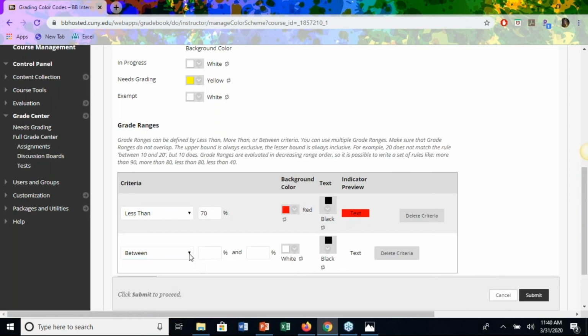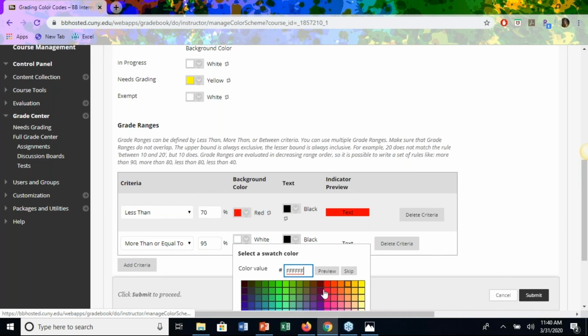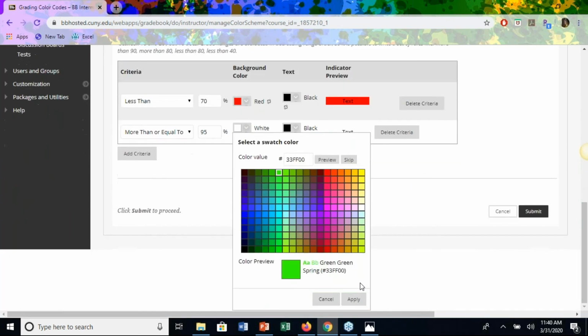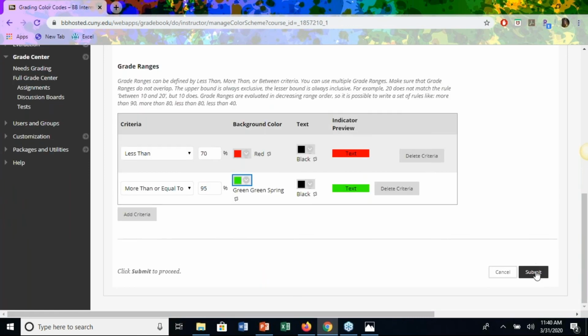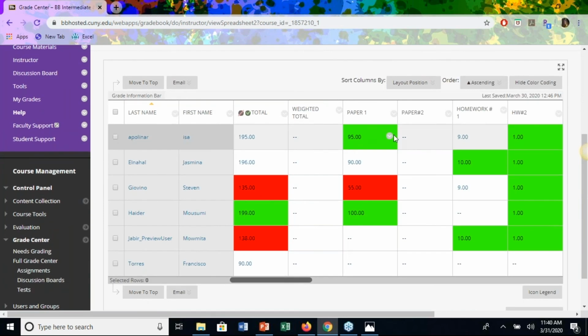I can add another one. If someone gets, let's say, more than or equal to 90 or 95%, I want to make them green, right? Hit apply right here,